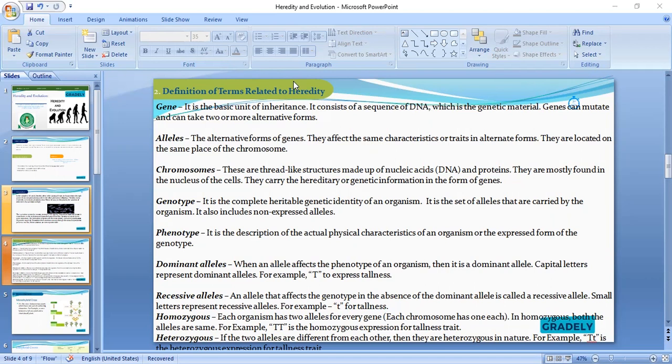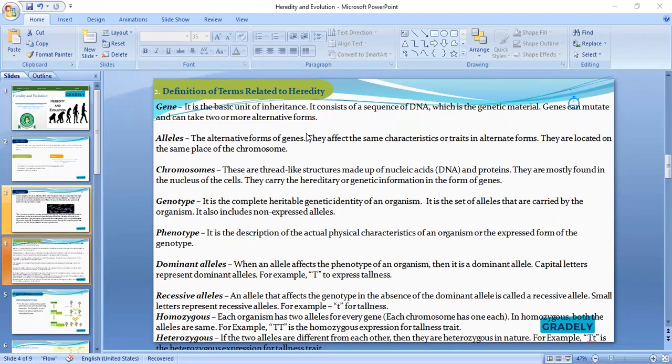Are you getting it? Your ability to say, okay, I am fair, I can roll my tongue. There is something inside that makes you able to roll your tongue. That is your genotype. Now, I am seeing the tongue that you are rolling. That is phenotype. I don't know if you're actually getting what I'm saying. So phenotype is the physical constitution, the physical expression of an organism.